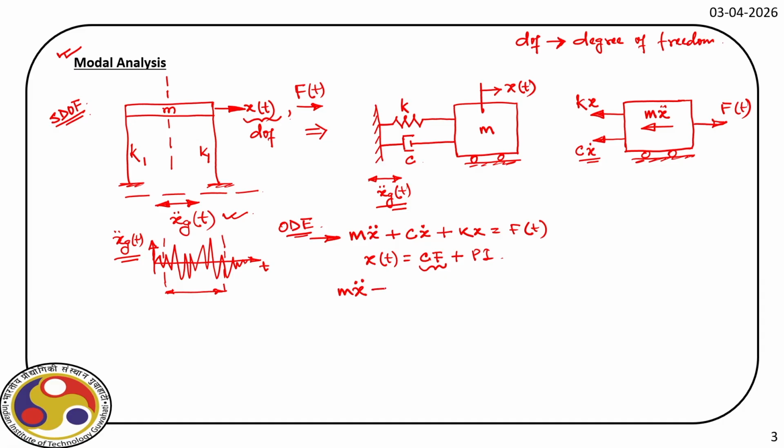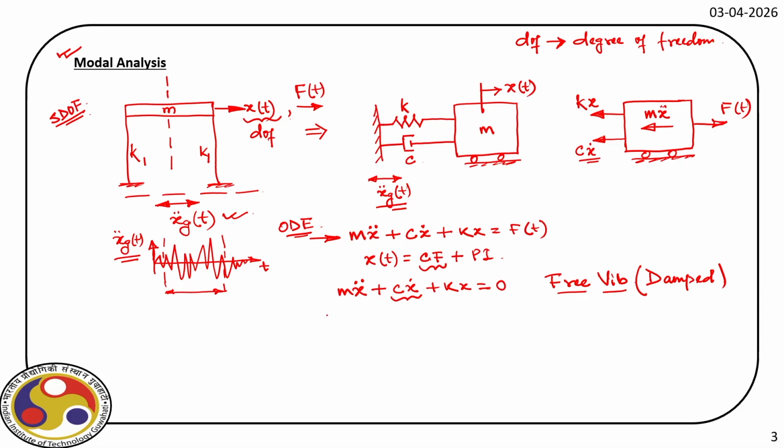So for this complementary function, we have to solve the homogeneous part of these equations. That means we'll write the same equation, but the right hand side is equal to 0. And this is what is called free vibration. Why free? Because there is no force on the right hand side. But because there is no force, still we call it free vibration. Why will there be a vibration? Because of the initial conditions, right? So this is what we call damped free vibration. Why damped? Because we have this damping force.